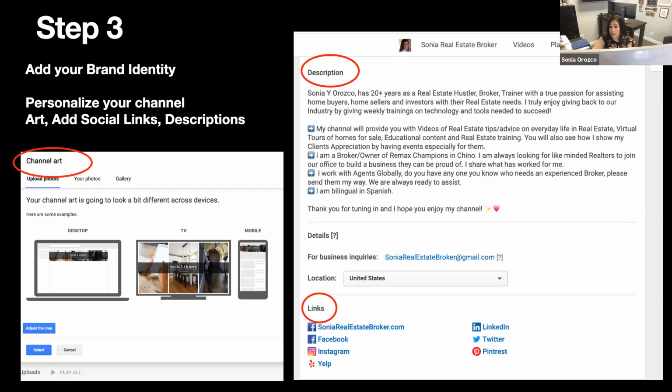So, and this is actually good. Let's just say you can do a channel for, let's say you want to look for referrals from agents. You can do a referral channel and show different areas and talk about how you accept referrals from different states. And there's so much you can do. There's so many ideas, but if you have to put them in play, that's the thing. You have to execute, because otherwise they're no good.